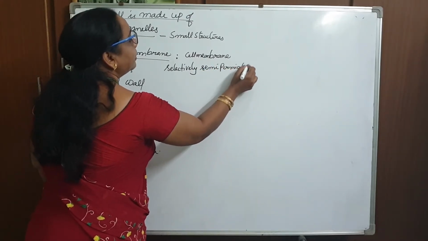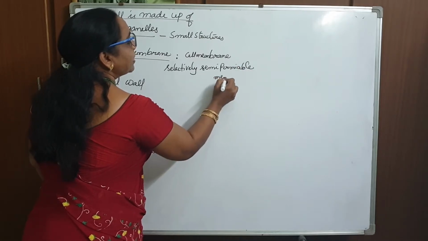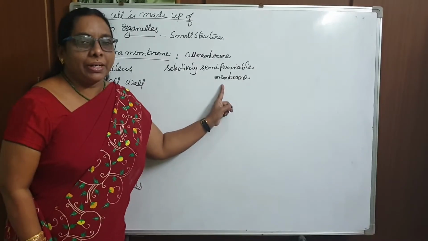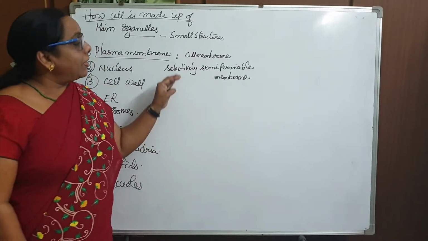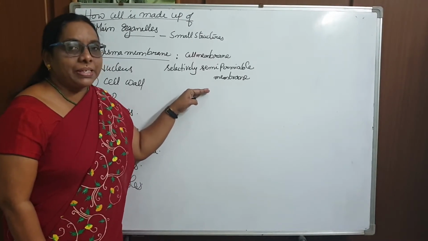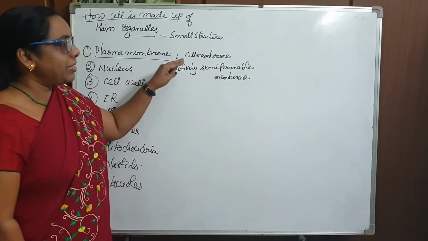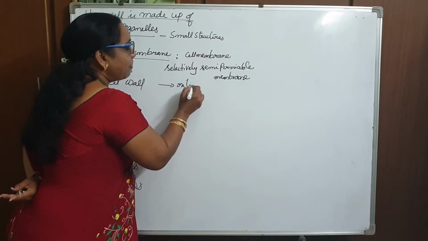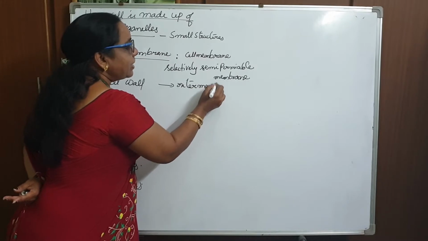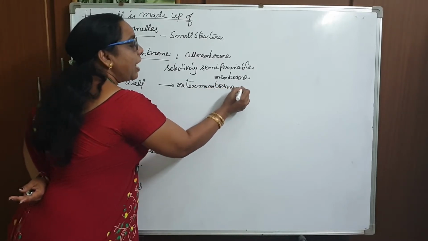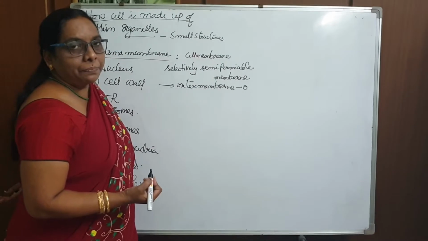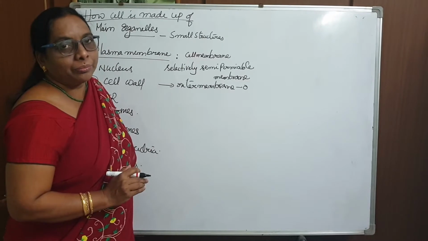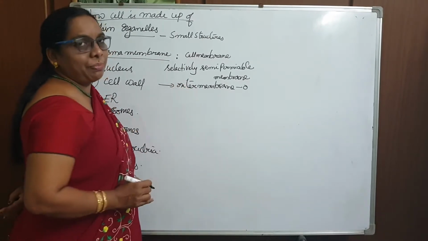Semi-permeable membrane. What is this called? This is also called the selectively semi-permeable membrane. Why is it called all these names? Let me say that. Actually, the plasma membrane or the cell membrane is the outer membrane. Otherwise, we can say that this membrane is present outside the cell. Inside this cell membrane, there is a cell wall.